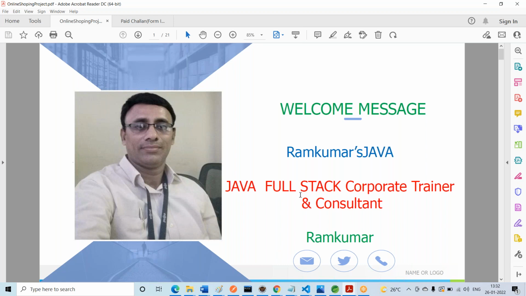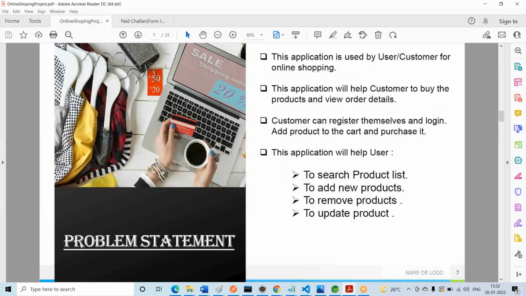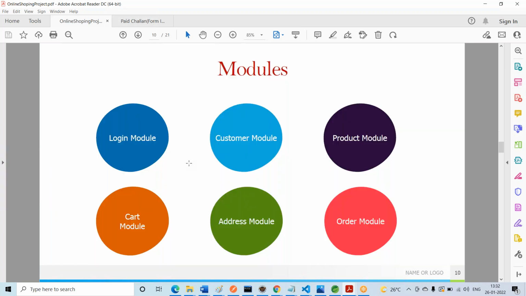So what is that module? This is the module. Already we discussed the login module; now the customer module, and then the product module, cart module, address module, and order module. These are the modules.